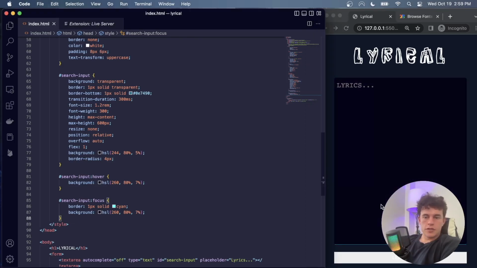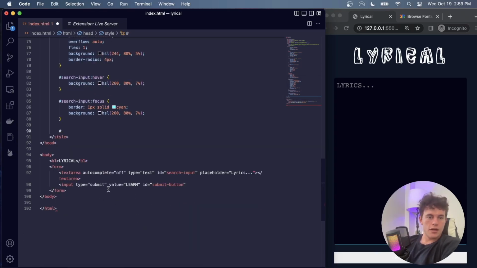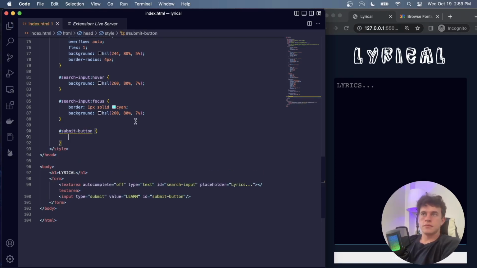So the next thing we're going to want to style is our button down there, because currently that looks definitely subpar. And so once again, we can select that by its ID down here. Notice that I actually haven't closed that tag, which is not so good. But yeah, so let's just open that up. So we want submit button as the ID. And in here, we're just going to give it a font weight of 300,